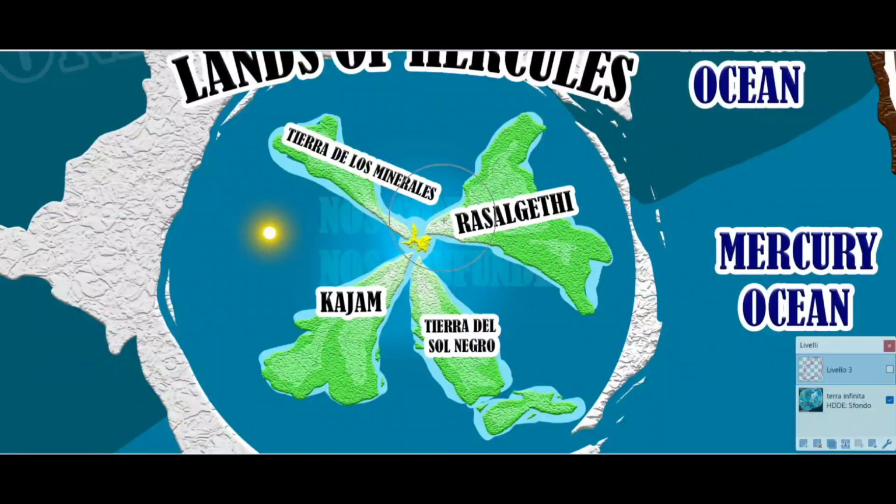As you can see, the size corroborates it, because clearly it is the biggest of the continents we have seen so far. It also seems to be the most vegetated, so the one that is the most likely to harbor life, and probably the one stable enough to sustain civilization. So this is the lands of Hercules.